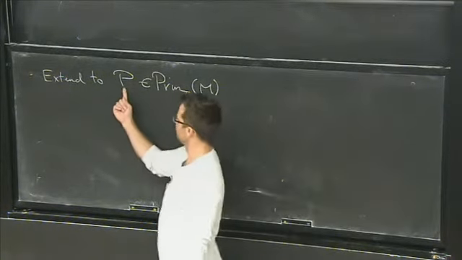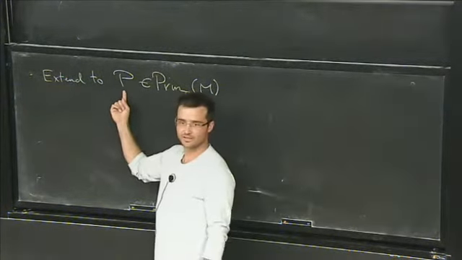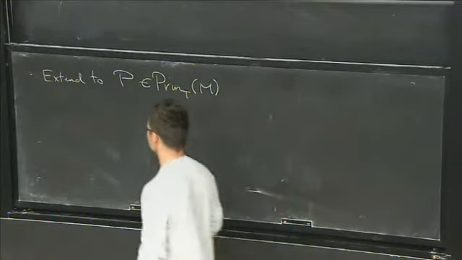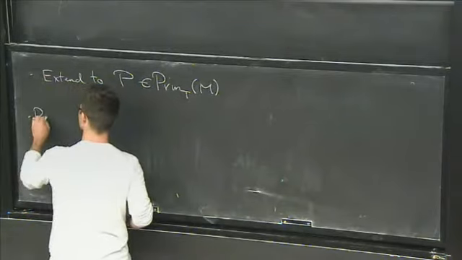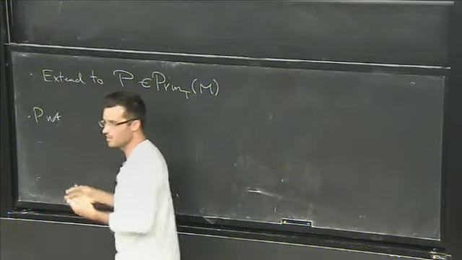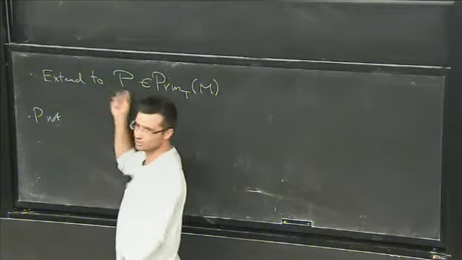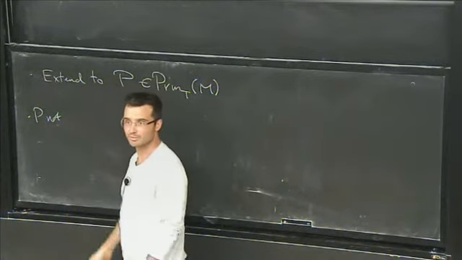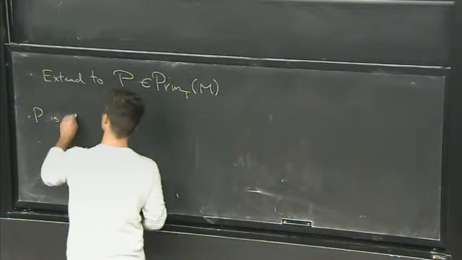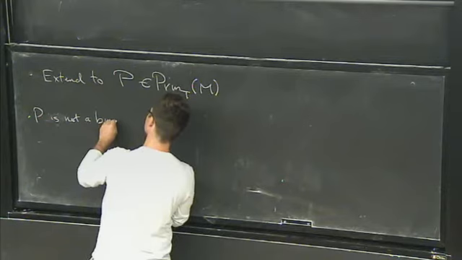This guy's not a bundle of groups. If you have two local sections of this, you cannot multiply them, right? On the other hand, so P is not a bundle of groups, so you're not going to be able to do any Pontryagin dual, because you can't say what is a homomorphism from this thing into U1 if it's not a group itself, right? So P is not a bundle of groups,